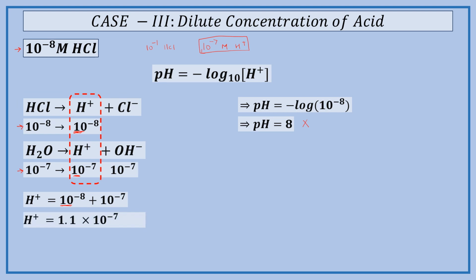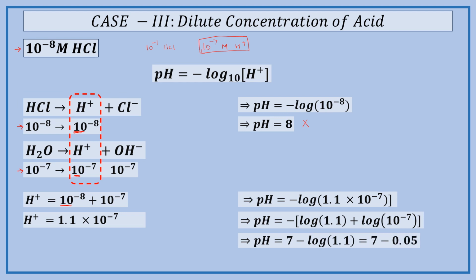On adding it up, we get the H plus ion concentration to be 1.1 times 10 to the power minus 7. Now we put this value in the pH formula, and on solving we get the correct pH of this solution to be equal to